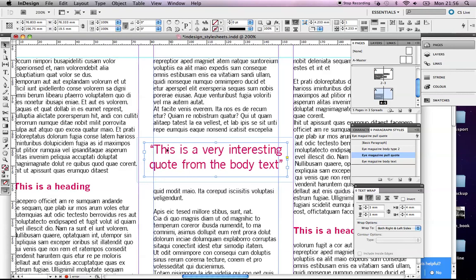That's quite important, that the type doesn't infringe on this body text or this pull quote. So that's pretty much it for pull quotes. Just play about with that and see how you get on. And I'll see you